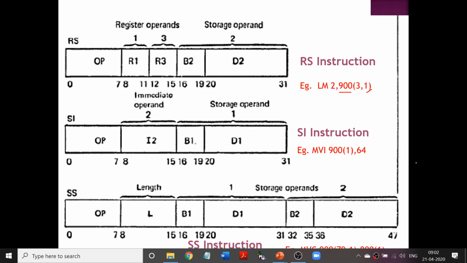So what is the format here? LM means load multiple. 2 is the first operand. Okay, 900 of 1, which is the base register, is going to be your second operand, which is your storage. Okay, what is the third operand? That storage will be loaded in register 2 and also in register 3. So 3 here represents the third operand. So this is a little different example, because this is an RS type of instruction. The normal load which you have seen in your programs belongs to the RX type of instruction, which will be using an index register. So here we don't have an index register, but we are going to have another extra register instead of an index register. Understand? This is the RS type of instruction. 4 bytes is the size.